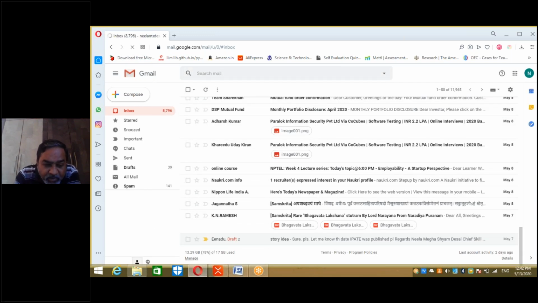You can see at the bottom 13.29 GB, 78% of 17 GB used. My client is allocated 17 GB free space by Google. I have already used 78% of it. Of course, it's another matter that I have not deleted any junk files. Right.